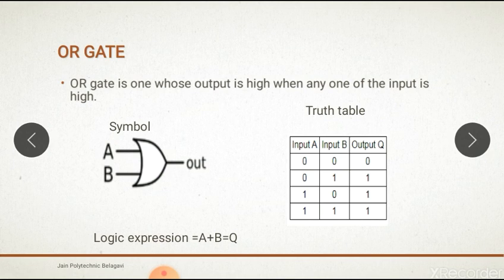OR gate is a logic symbol. Relationship is obtained by this logic expression. Here is 0, 0, 1, 1, 0, 1, 0, 1. This will get 0, 0 plus 1, 1, 1 plus 0, 1, 1 plus 1 is 2. Here we will write this as 1, 0. So 1.